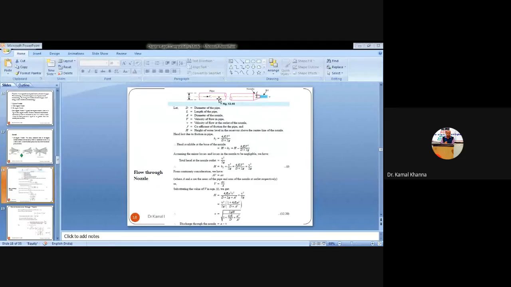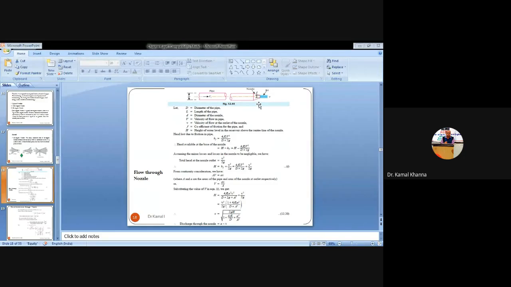So this is the converging nozzle in which you can see the diameter is decreasing from entry to exit, and the entry diameter of the converging nozzle is equal to the exit diameter of the pipe. And you can see the water is being released from the exit point of the nozzle in the form of a jet, and it only has kinetic energy. The whole of the pressure energy is converted into kinetic energy. So energy can neither be created nor be destroyed. It can just be transformed from one form to another form.